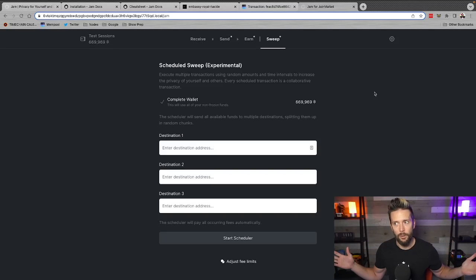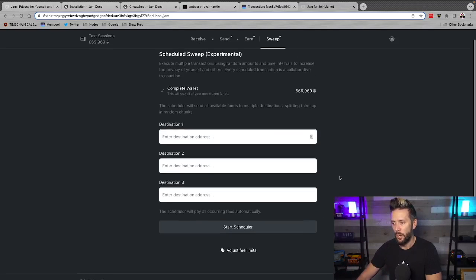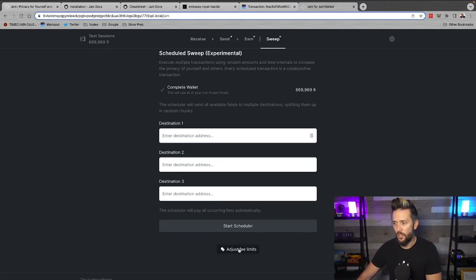I want to clear out my Jam app, okay? And then it says the scheduler will send all available funds to multiple destinations, splitting them up in random chunks. And it allows you to provide 3 different destination addresses. Now, before we provide the addresses and take a look at what happens here, first I want to show down below adjust fees and limits,